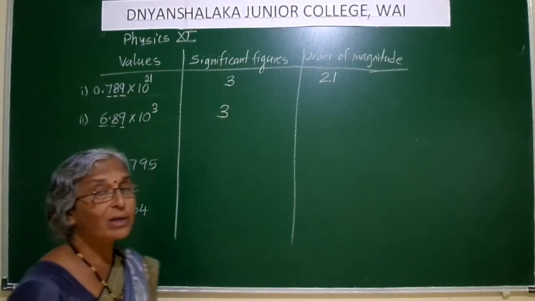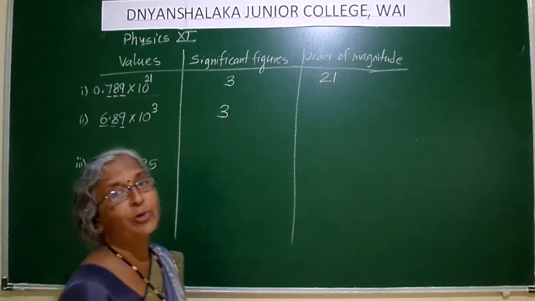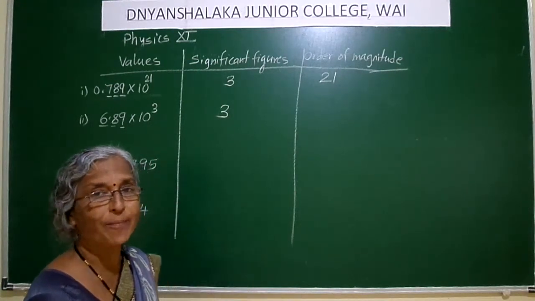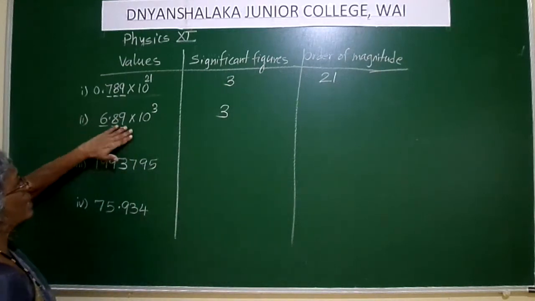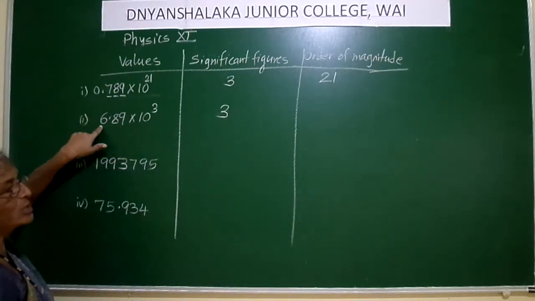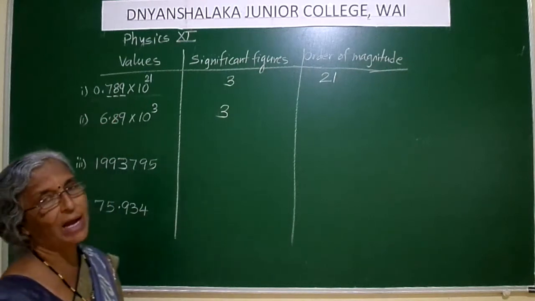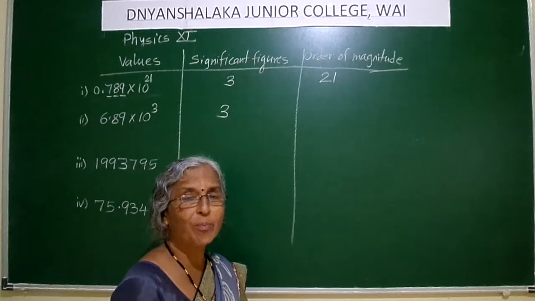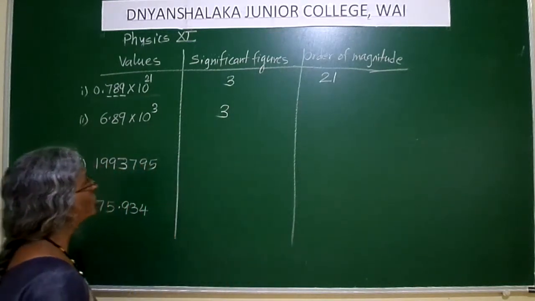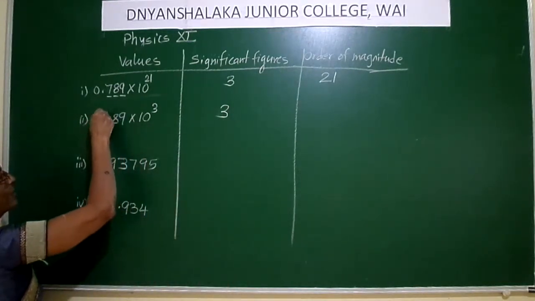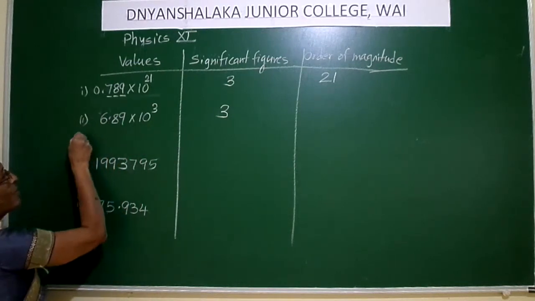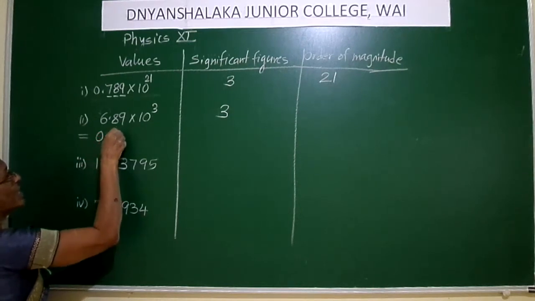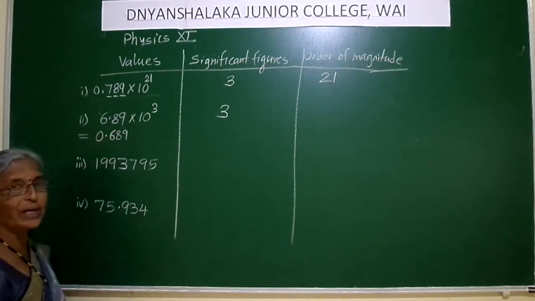But for assigning the order of magnitude, I will have to express this in the form A into 10 raised to n. Here if I consider this as A directly, see students, this value is greater than 5. And what does my range of A say? It should be between 0.5 and 5. So I will have to shift this decimal point over here. Getting it? So this value will be equivalent to 0.689. Are you getting it, students?